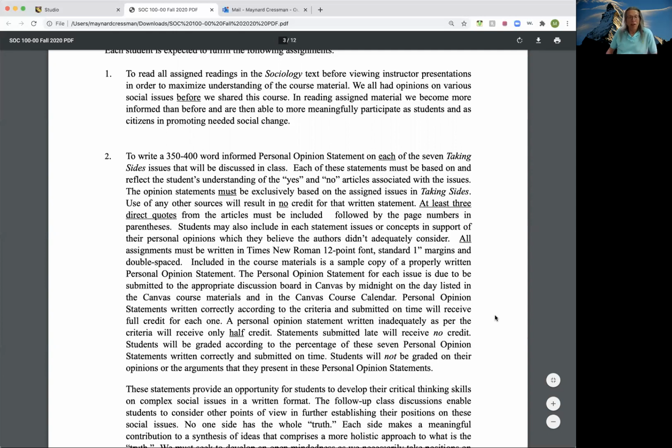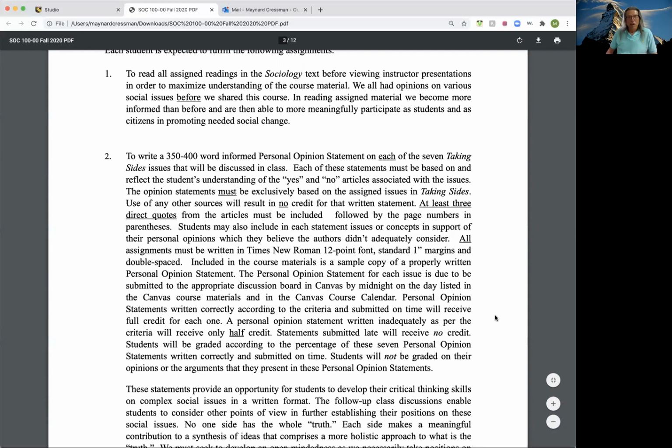If you do, I'm not going to penalize you. I'm just trying to keep it reasonable for yourself. If you're really into something, you really want to write more on it, knock yourself out. It's your time. Now, what if you come in with less than 350 words? Well, then you're not going to get full credit for the paper, because I said 350. And you go, well, I had 348. That's close enough. Nah, close enough doesn't count.